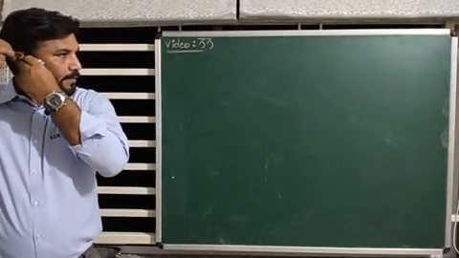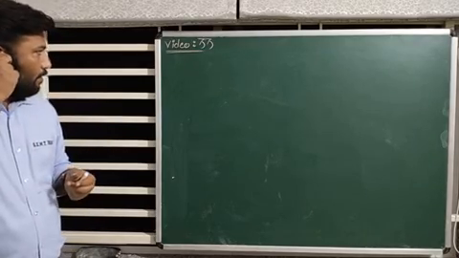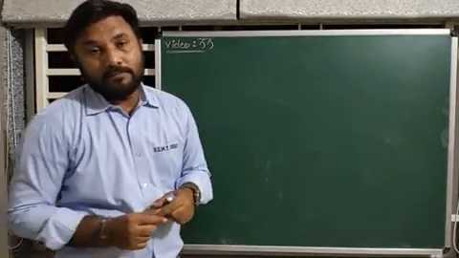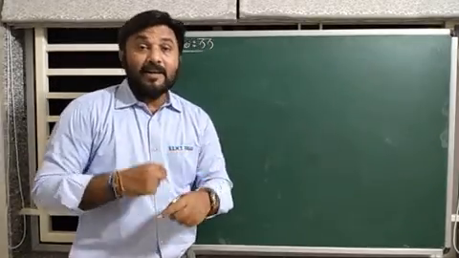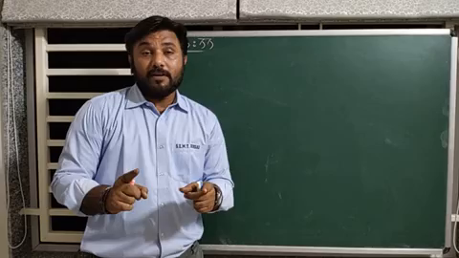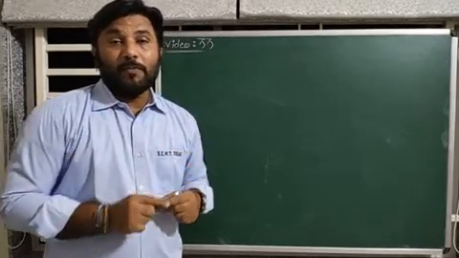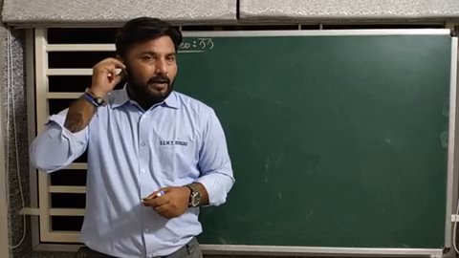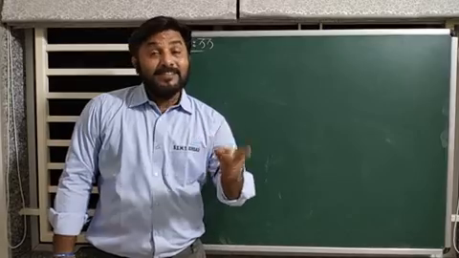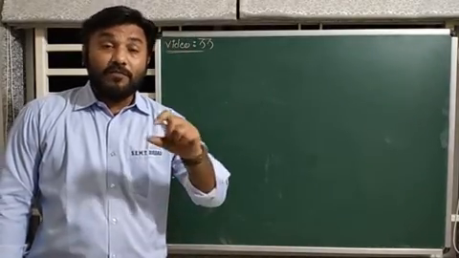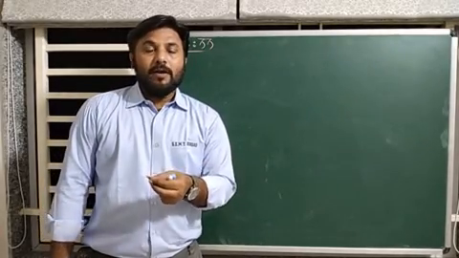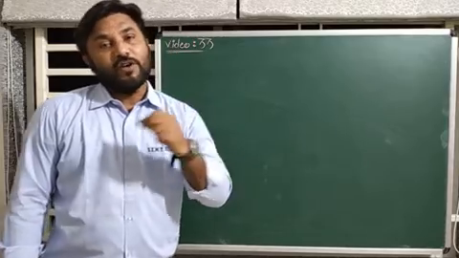In this video, we will see the use of a galvanometer as an ammeter, meaning a current measuring device, as well as to measure electric potential, meaning as a voltmeter. In the last video, I told you that a galvanometer is not directly used as an ammeter or voltmeter, but we have to convert it. Why convert? Let us see the problems first.